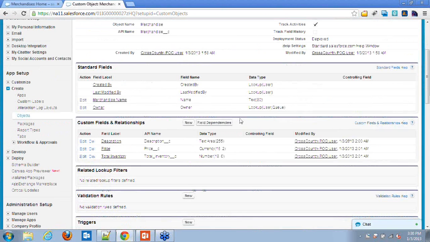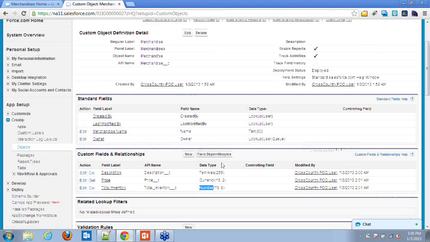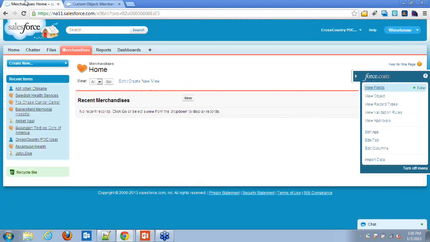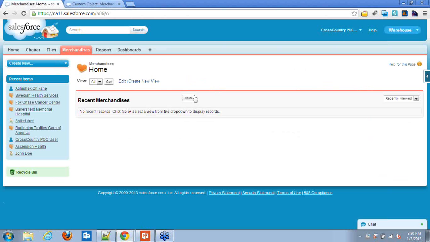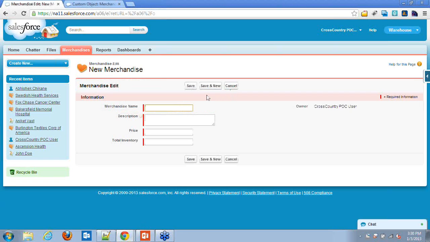So you can see your three fields as a description, as a text area type, price as a currency, and total inventory as a number. And now look at this. Here is the new button by using which we can create the first inventory object.